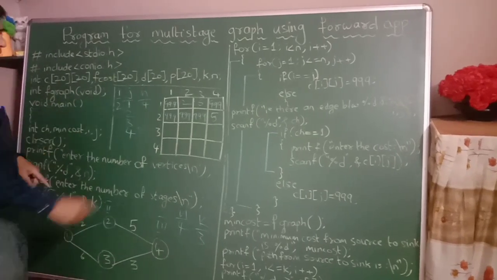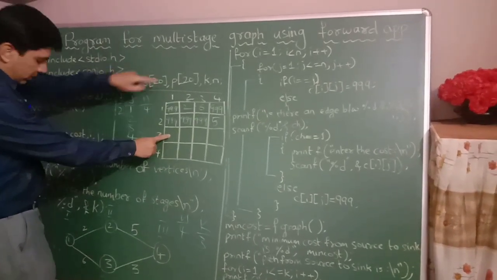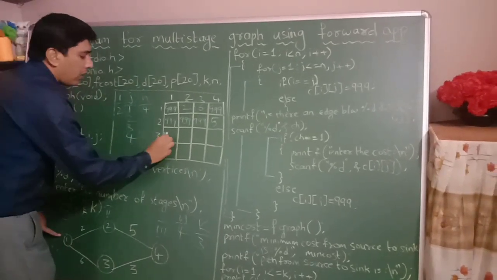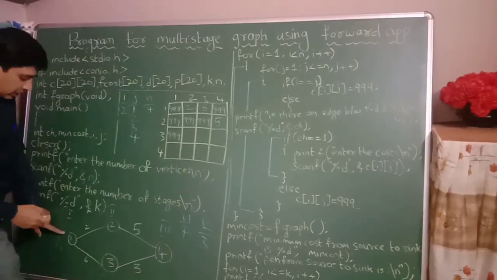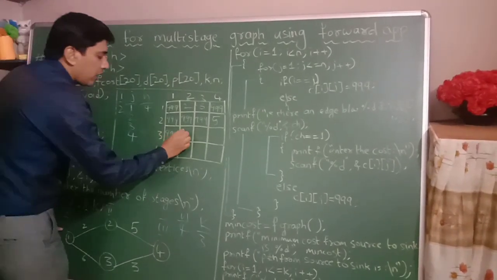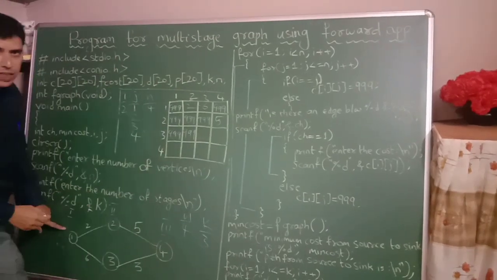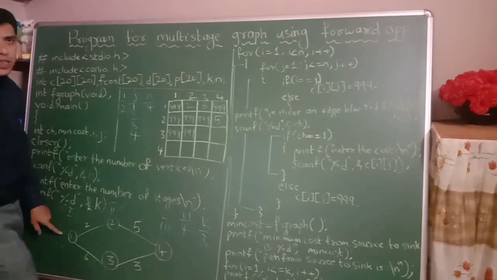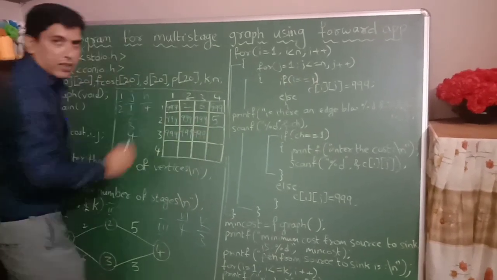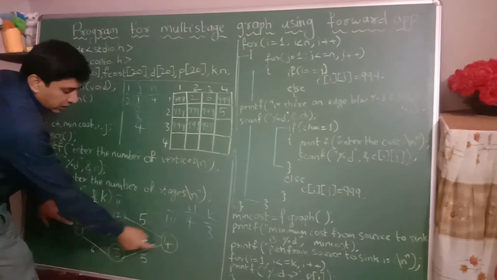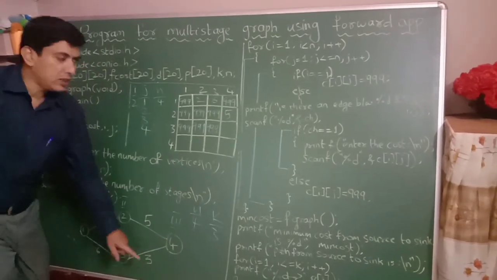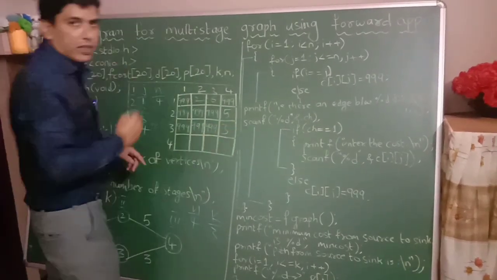Similarly, then next I will go to 3 1, right? Do we have any path from 3 to 1? No. Then what will happen? We will have 999 here, right? Is there any path from 3 to 2? No. Then again we will be having 999 here, right? Is there any path from 3 to 3? When i is equal to j, then it is 999, right? Is there any path from 3 to 4? Yes, there is a path from 3 to 4. The cost of the edge is 3 here, so the 3 will be entered.